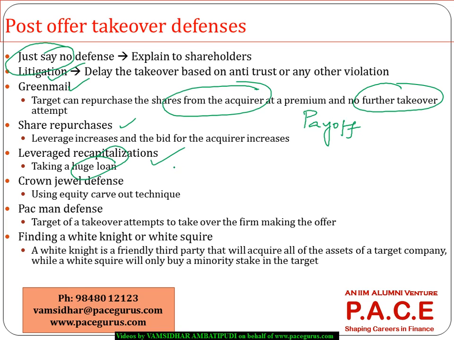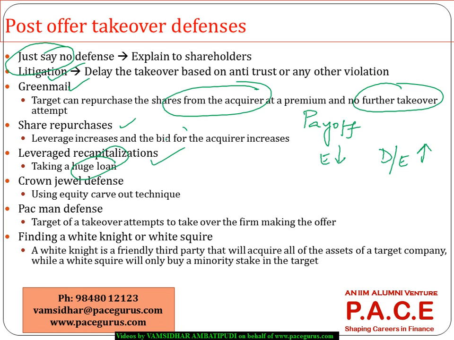But if it is trying to purchase its own shares back from the cash flows that are available also, what is happening is whenever a share repurchase is done, the equity is going down, which means the debt to equity ratio is actually going up. So for the acquirer, the debt to equity ratio will go up, which will have an impact on the ratings and all the other things of the acquirer. So it can make the acquirer back out of this transaction also.